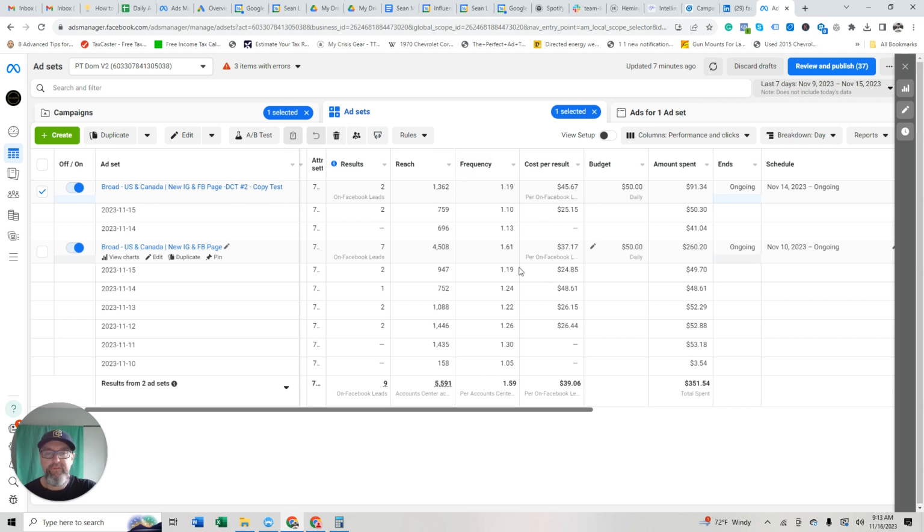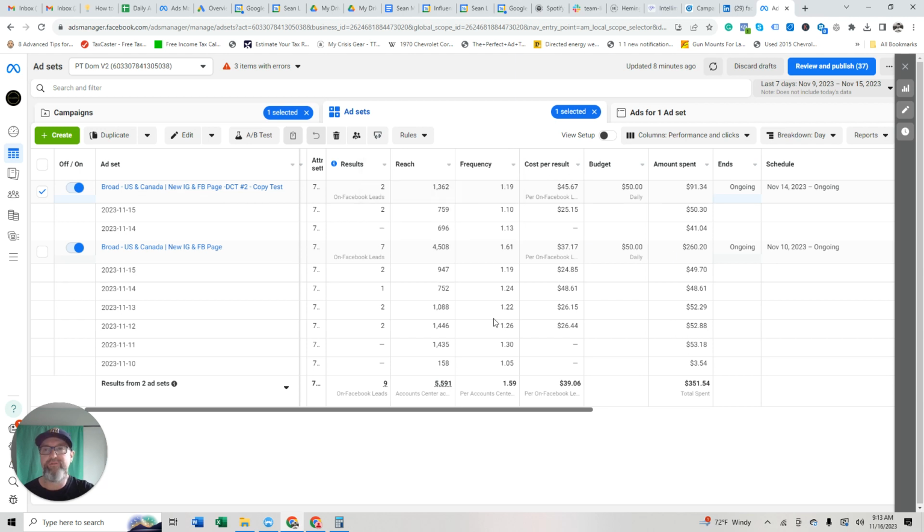When we look at the frequency here, it's got a wide range. It's ranged from 1.05 to as high as 1.3. And it's kind of settling into the 1.19, probably it'll hit like 1.15 range. Now, what you also want to look at